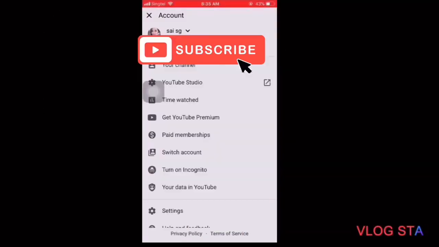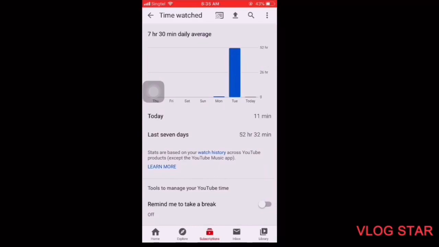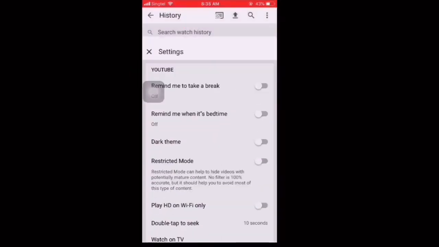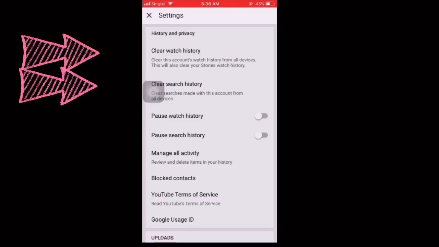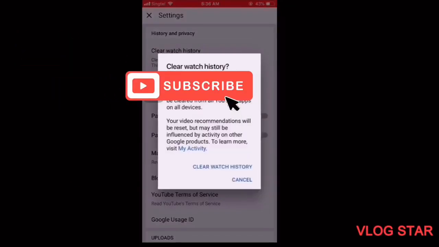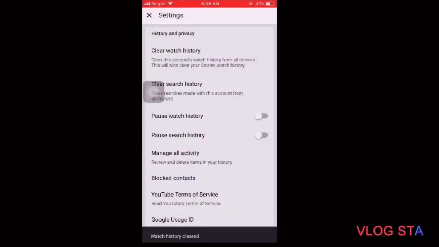Click to the profile, time watch, then watch history, then click the three dots on the right side. Then you can see the history controls. Then scroll down, you can see the clear watch history, and then clear search history. So first clear watch history, next clear search history,